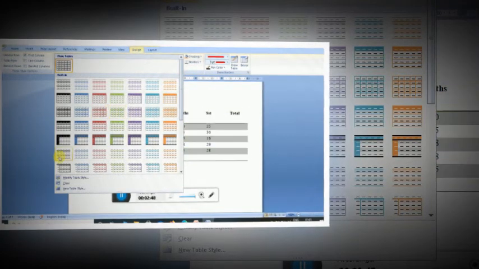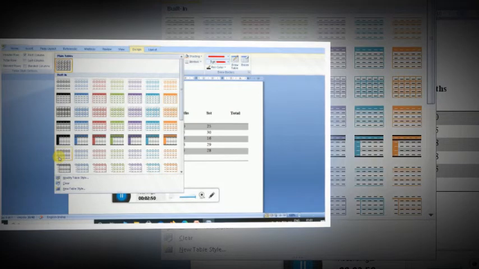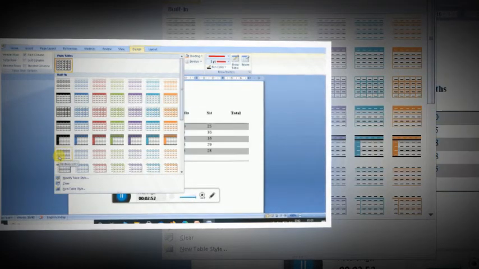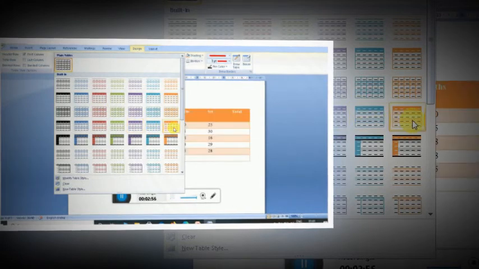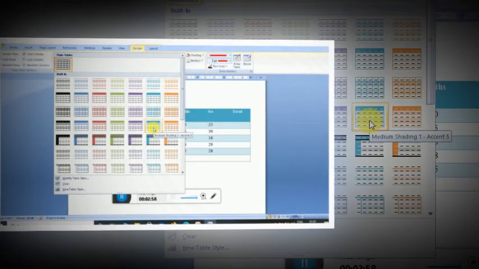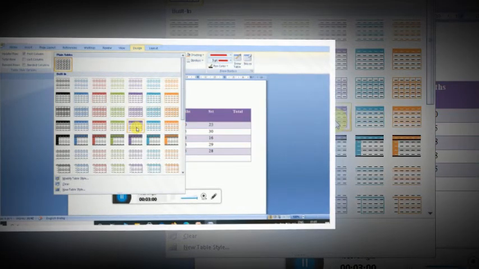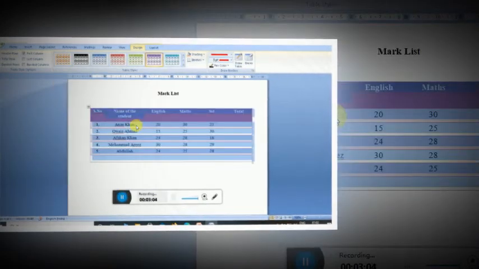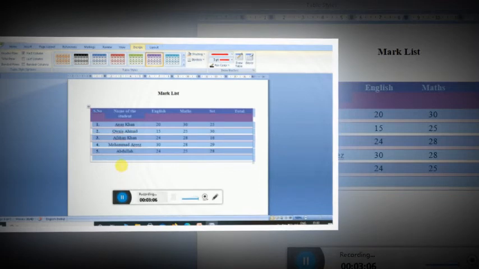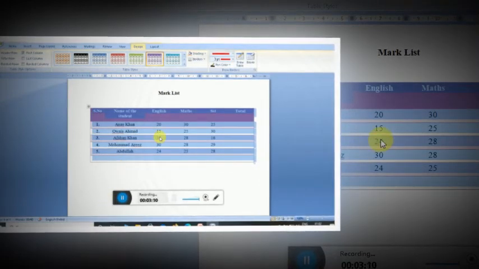You can choose any style and apply it to your table. Just click on any one. This one, okay, I'll go with this one. Just click on it. Now you can see that the selected table style has been applied to your table.